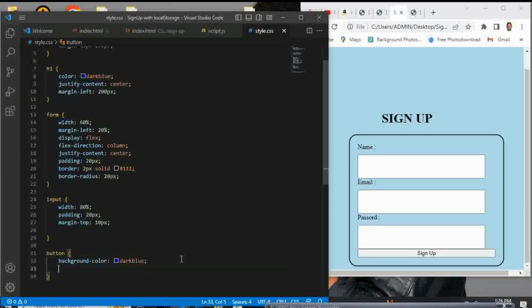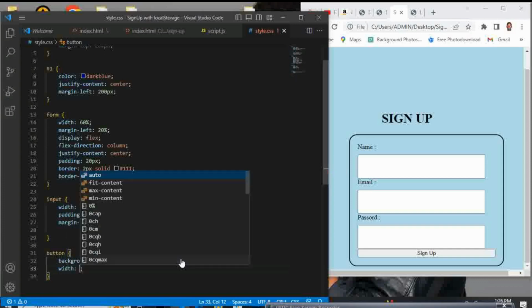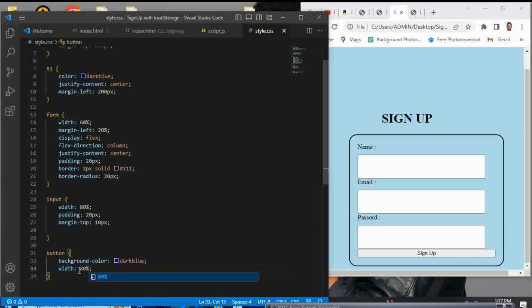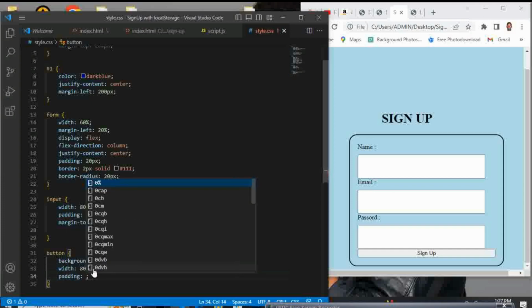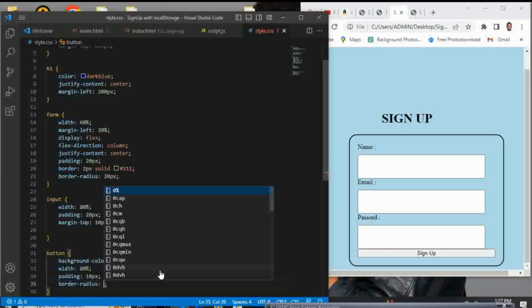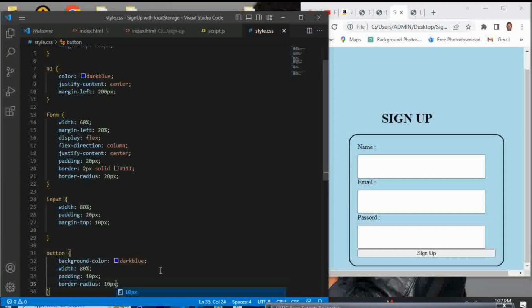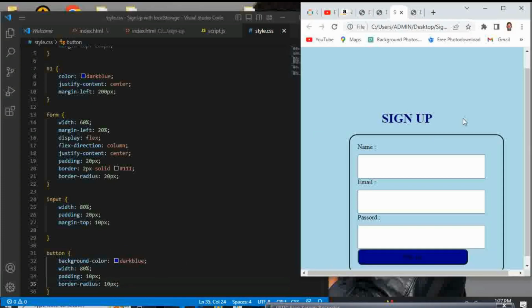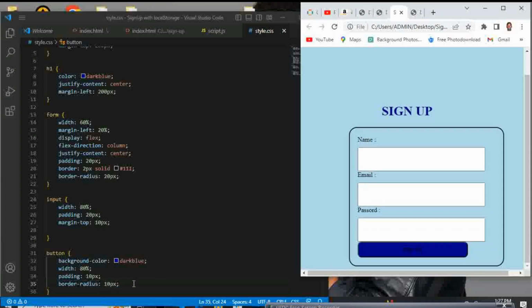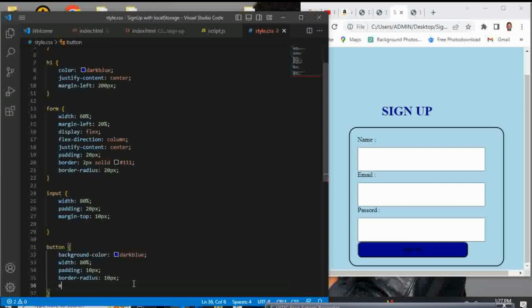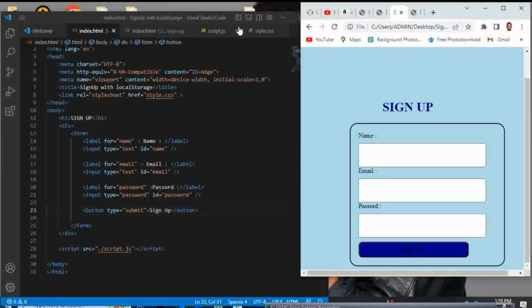This button, let's give it a width of 80%, plus a padding of 10 pixels, plus a border radius of 10 pixels. Let's give it a margin top of 10. Let's go to the script,